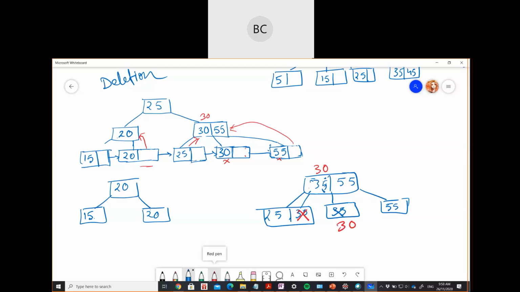So this is our final. Now suppose in this case I want to delete 25. Okay. Now you can see if I want to delete 25, मैम 30 to 30 के राइट में